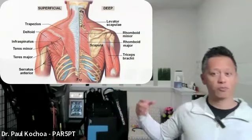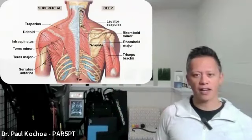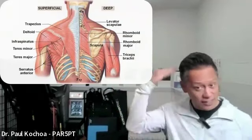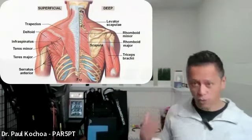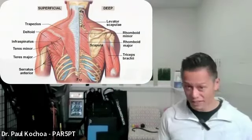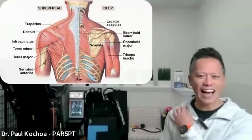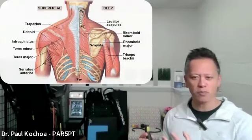So oftentimes when people come in to see me, they have very tight upper trapezius muscles because that part of the muscle is connected to the base of the head, and that's holding yourself up as you're trying to look down. Now, that trigger point, that thing that you get, like, oh, that knot in between your shoulder blade and your spine,